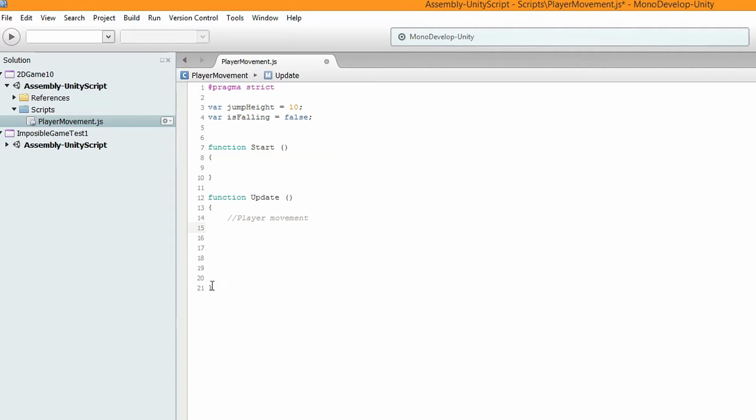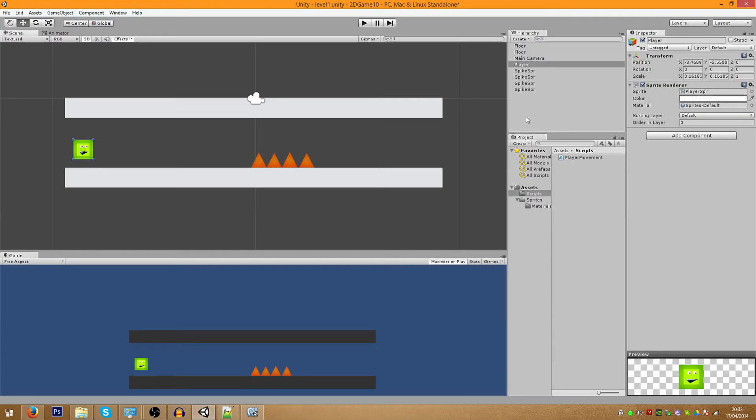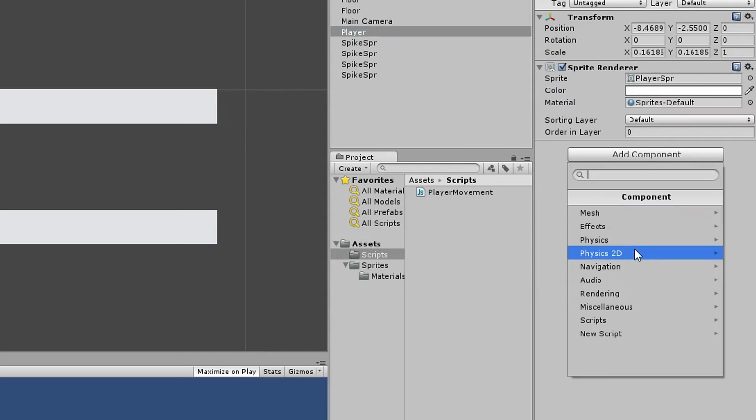Now, on our player, we need to define some stuff. Before we do that, we have to head back into Unity, because we need to set some inspector stuff on our player. So you want to click on the player, and in the inspector tab, you're going to have to add a couple of components so that we can mess around with the actual physics part of Unity.